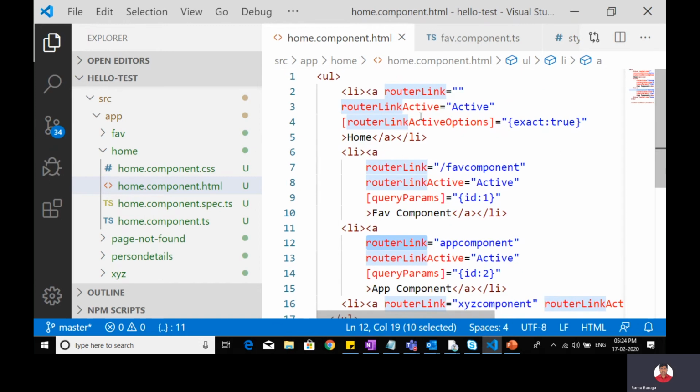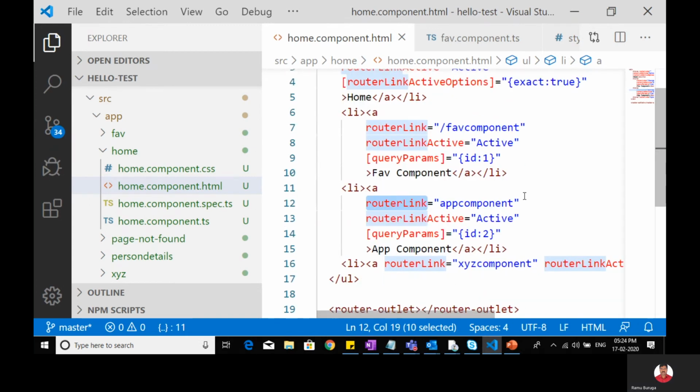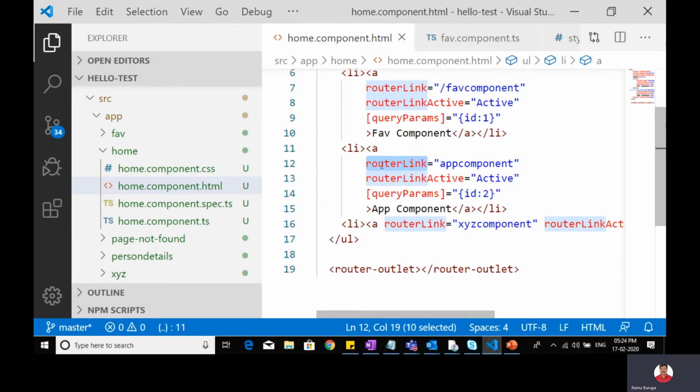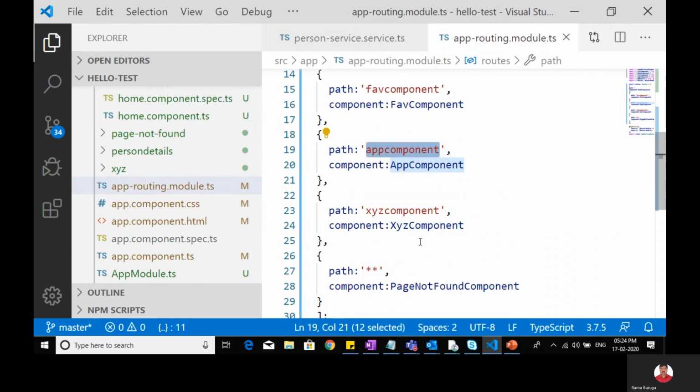You just need to remember this router link. In the anchor tag, router link, I have passed and I'm calling that alias name. Okay guys, next one, XYZ component is my other component to be part of the routing, and I gave this alias name XYZ component.